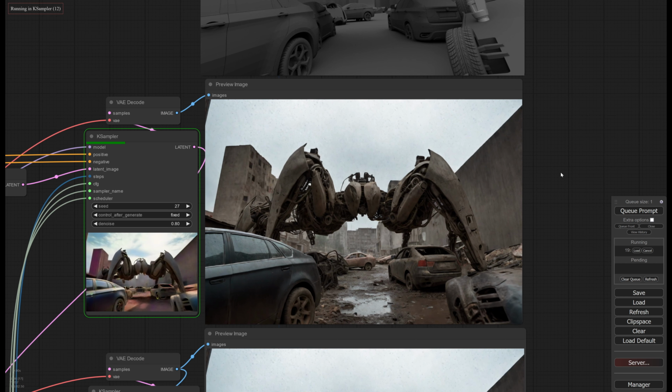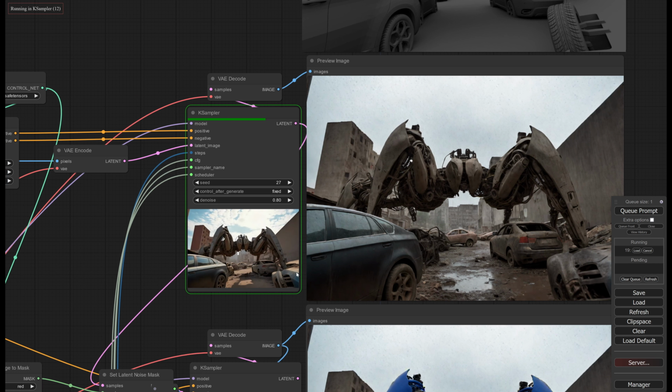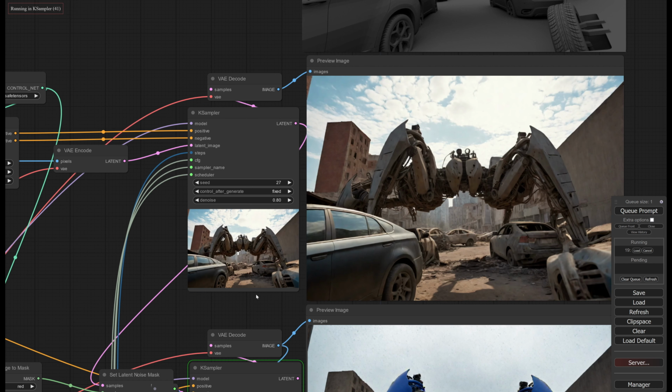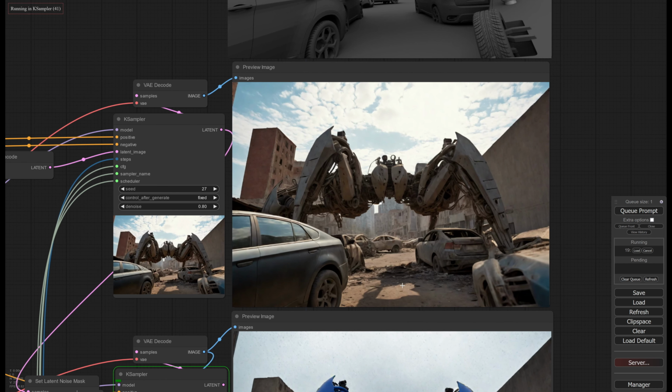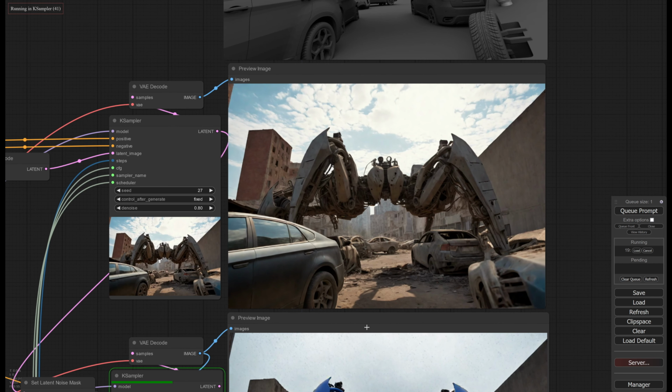So right off the bat, you'll notice we don't have overcast diffuse lighting anymore. It's now trying to throw in some sunny contrasting. Also, we got a sky. We got sky and clouds. Sunny, cloudy-ish day. And you'll notice also the robot, because we dropped the Z-depth and edge control weighting down,